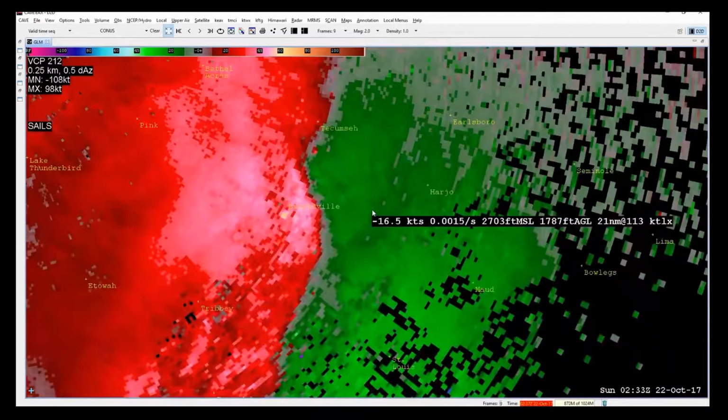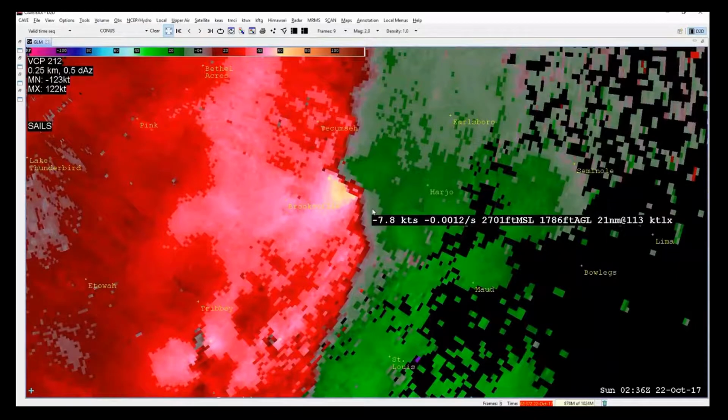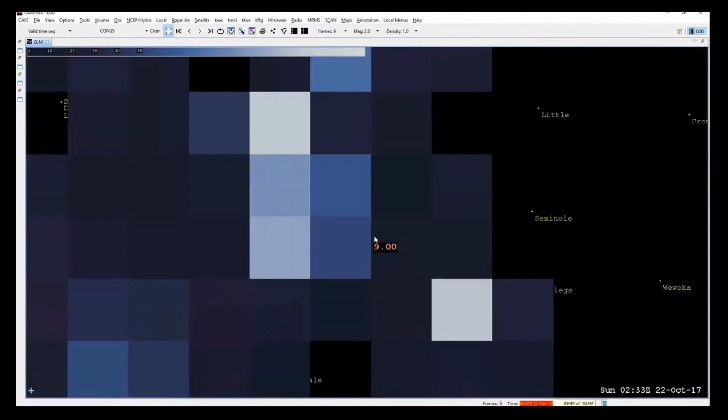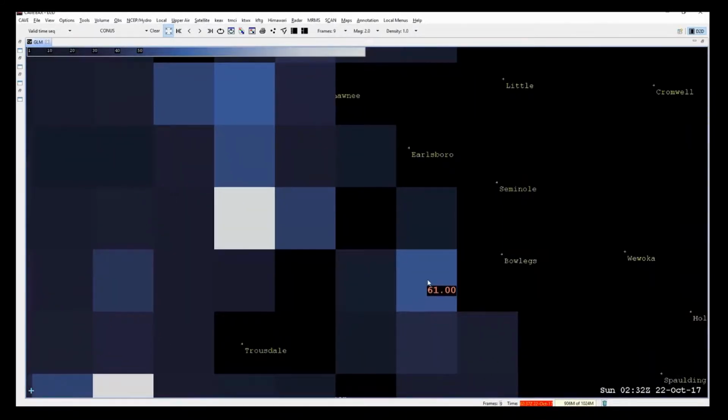The tornado that occurred, this was the Seminole tornado, actually occurred when the outflow boundary interacted with this mesocyclone,